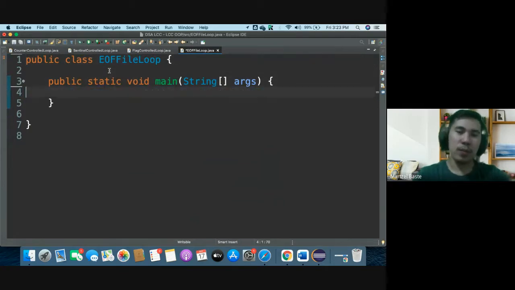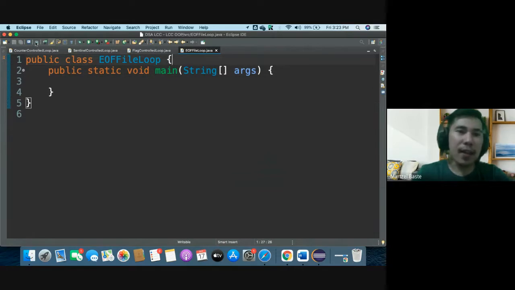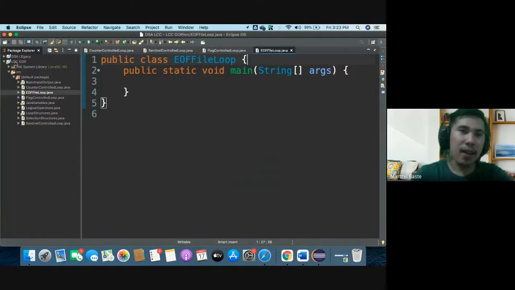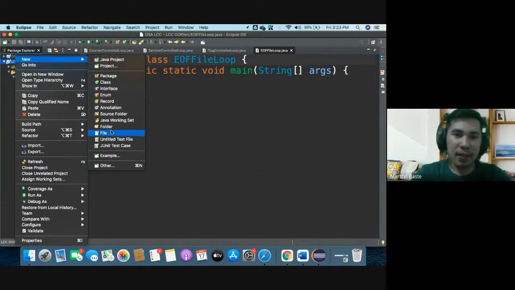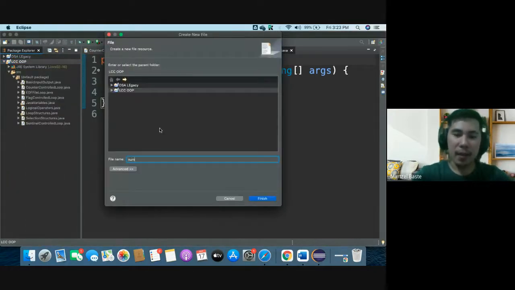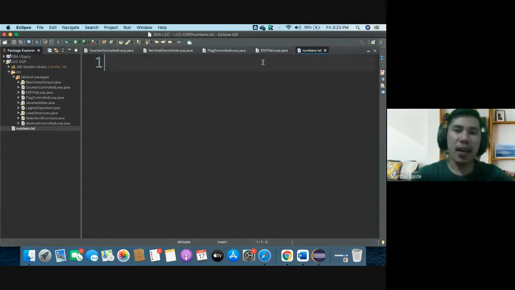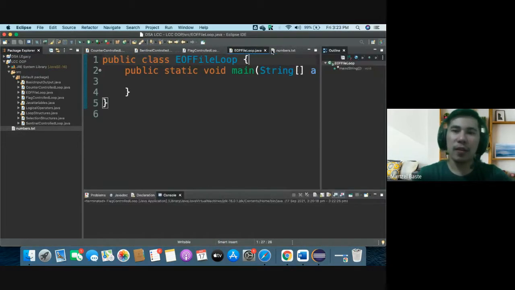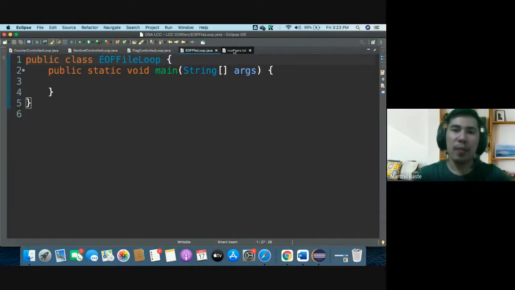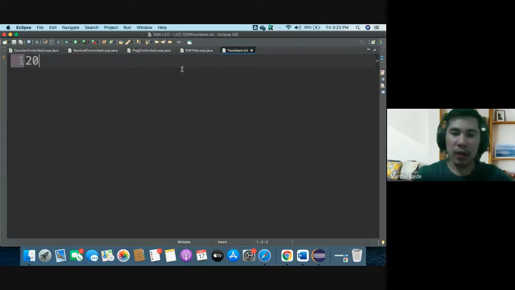So this time, maghimo ta og file. Okay? And right click and create a file. Let's say numbers.txt. Okay, and then sa file nato ubutang ta og random numbers. Sige, butang nato 20, 34, 67, 89, 90, 13, 56, 1, 19,